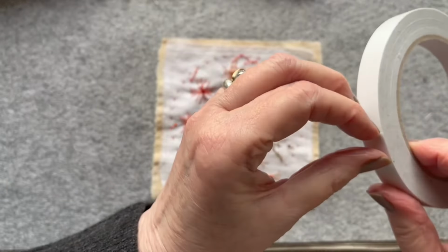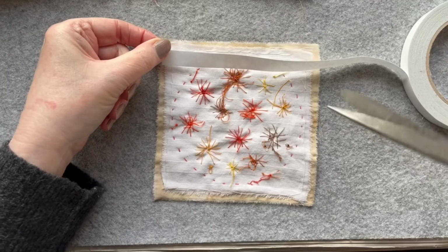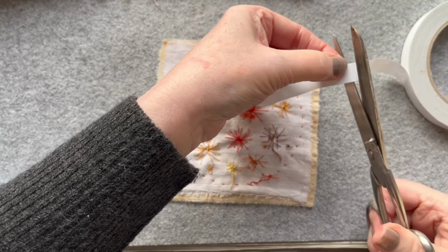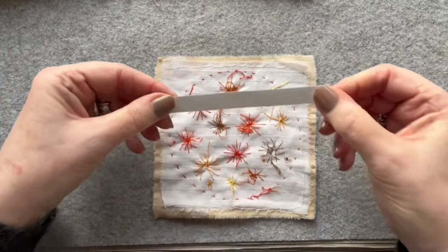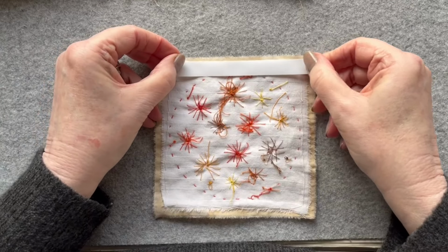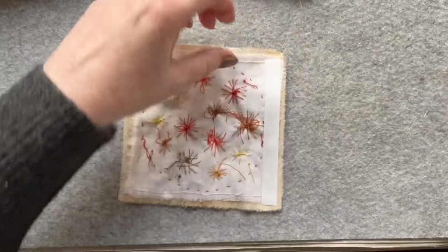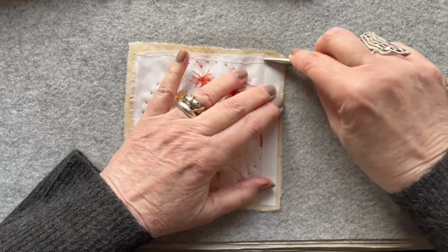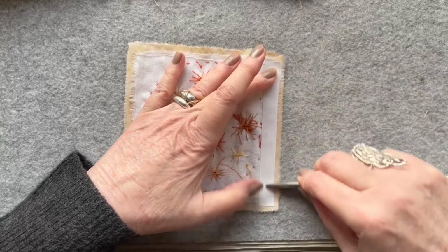So away with that again, and here I again will take my double-sided tape, and of course you can sew it in if you want to, and have enough pages so you won't have stitches through your page to the other side where you don't want it. But you don't need to put your stitches or your small embroideries in a book. You can put them in a box, and you can put them on a scroll or on a big sheet or in a sketchbook, or if you have a box,